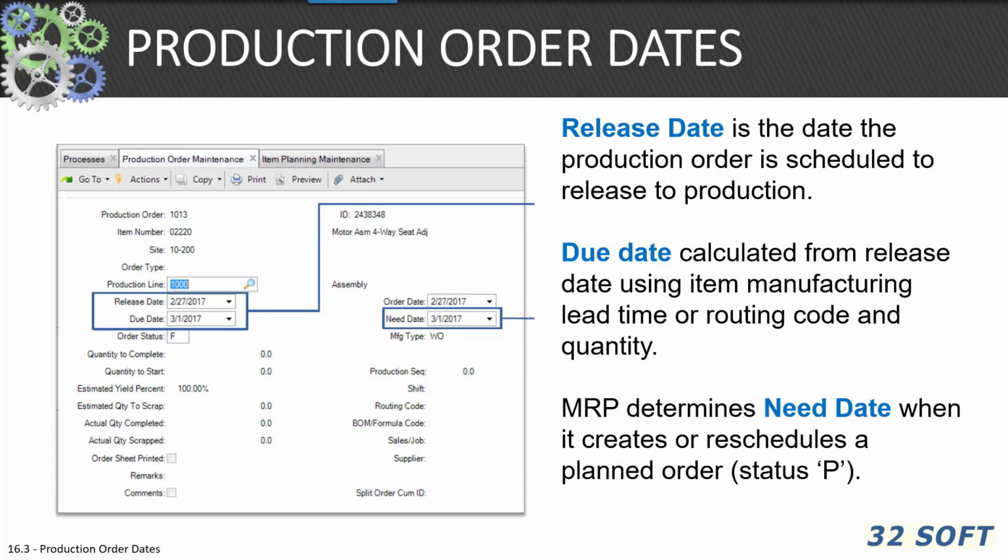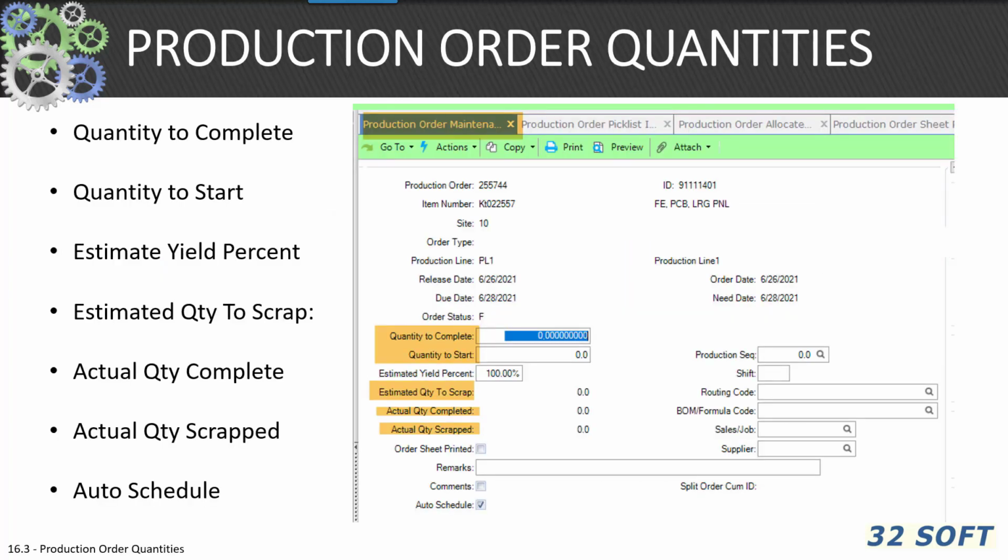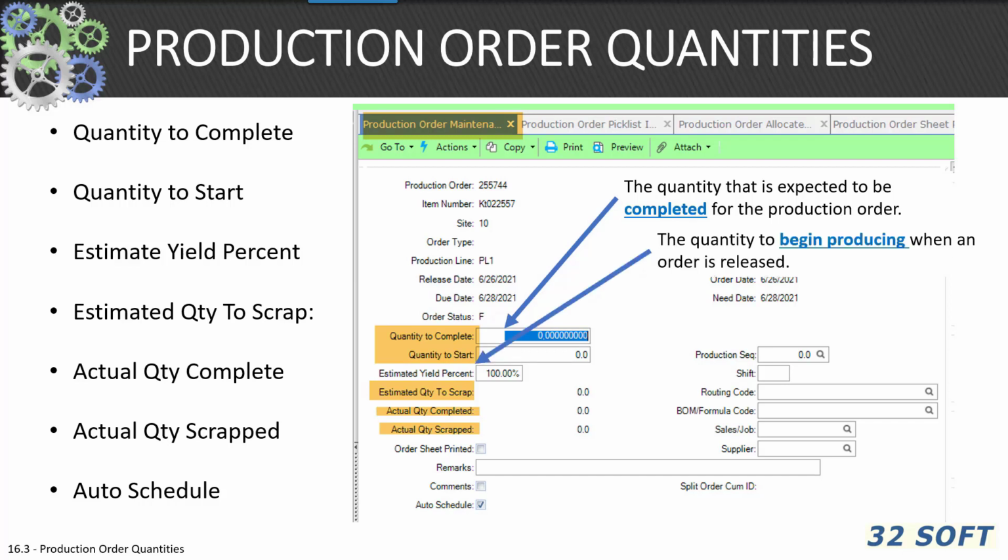Again, we talked about dates and their importance in January. We've got the release date, due date, need date, and order date for the production order. Then the quantities, and this is where the new functionality really comes into play. You've got a new field here, quantity to complete. So this is the expected quantity to complete. You've also got a quantity to begin producing, quantity to start. That's new. And those are both based upon this estimated yield, which comes from your